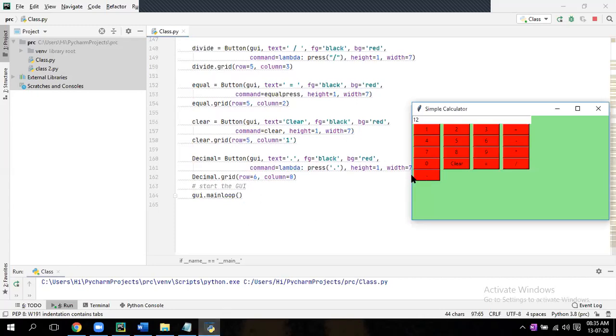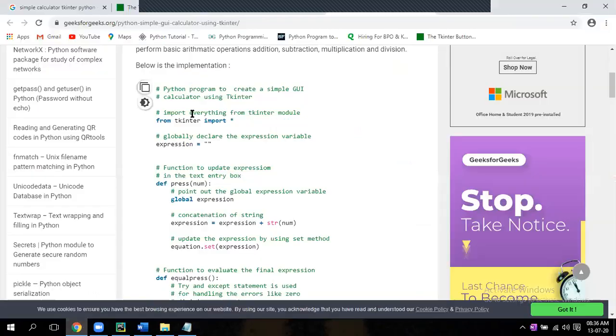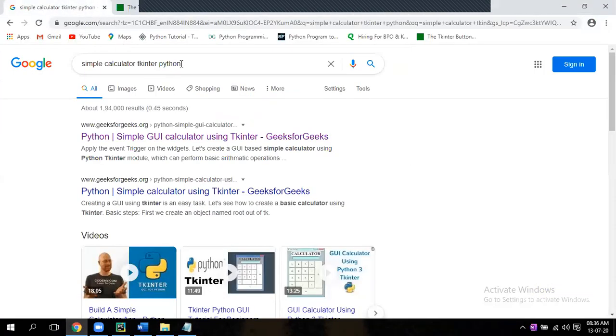Like that, so many small programs are there using this GUI. You can find it as per your interest. If you want any game, small games are also there. We have not covered all the topics, but if you want you can type some simple game as per your interest.